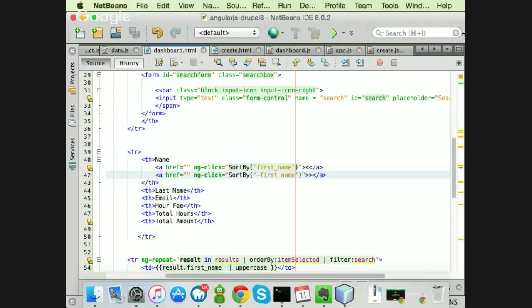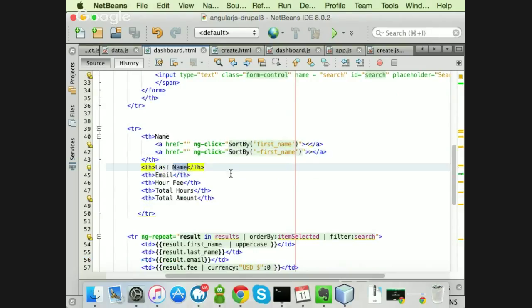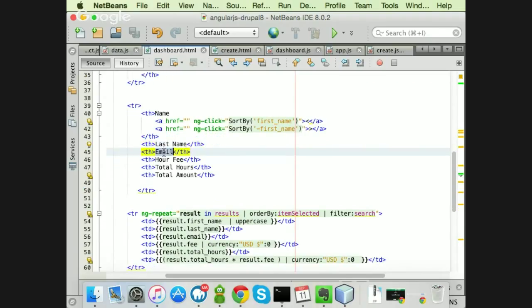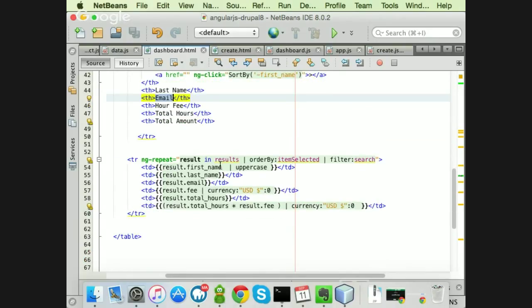So you remember we called first name on our view. That's why we'll be showing it. In the table, we'll have the last name, first name, email, fee, total hours. Another cool thing that we can do is just math things. Now, this directive tells it to loop through every single result I receive through the backend platform and do something. So the first row I will get, it will have first name, and I'm saying, okay, pipe it and uppercase it. So that will show all the first names in uppercase.